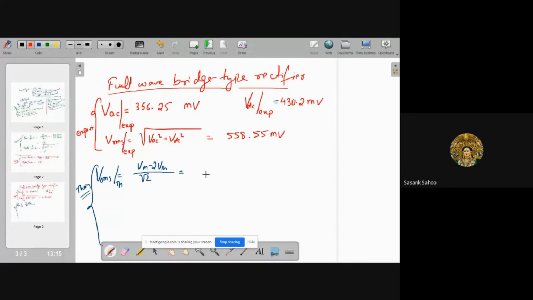ओके, तो अभी मिलीवोल्ट में VRMS। अच्छा, ये फिर यहाँ पे कैलकुलेट करो, यहाँ पे 2 माइनस VTH is 0.7, तो 1.4 हो जाएगा, डिवाइडेड बाय रूट 2, 0.424 फाइनल आंसर। 424.26 मिलीवोल्ट।